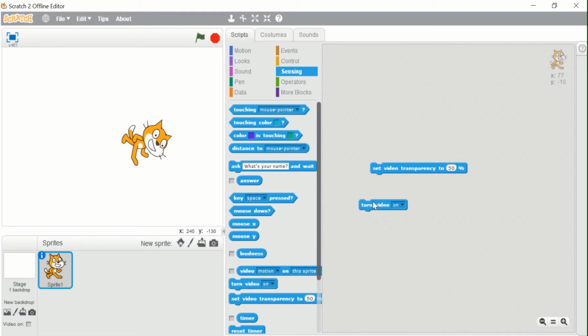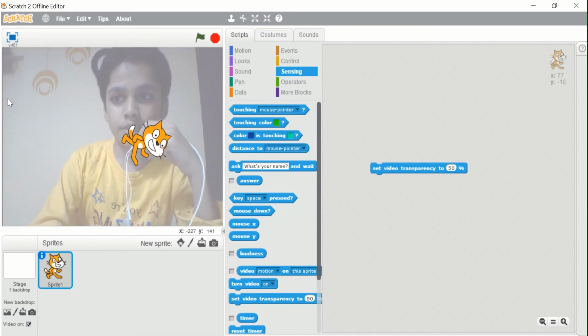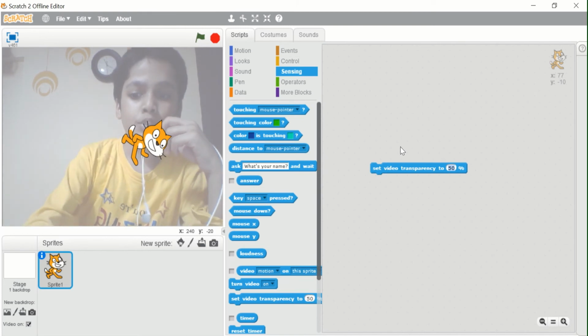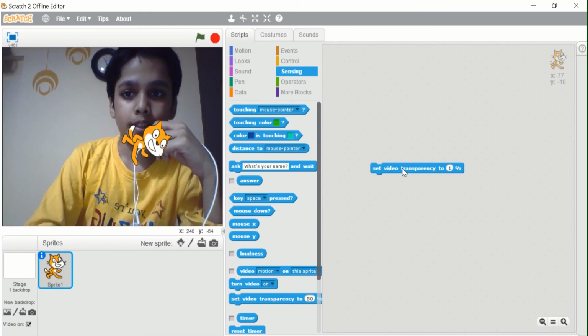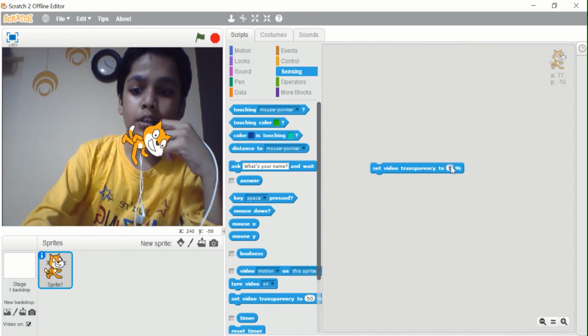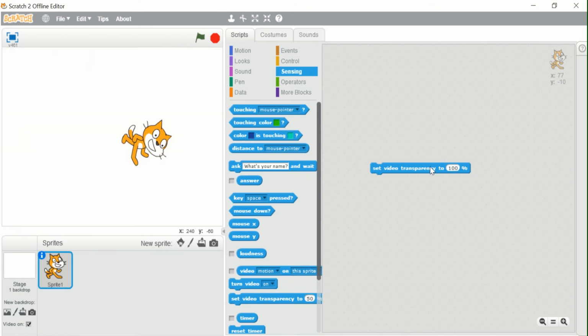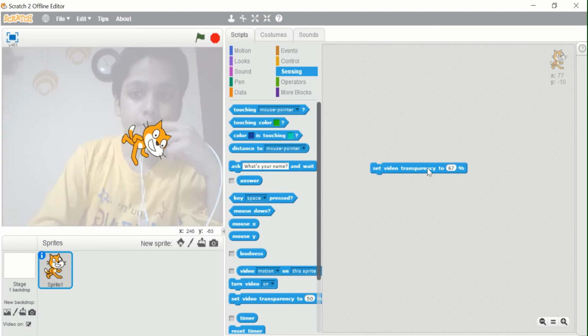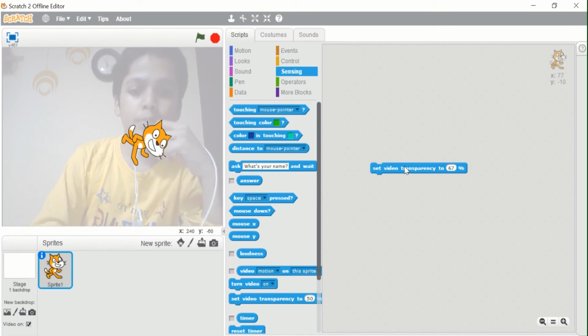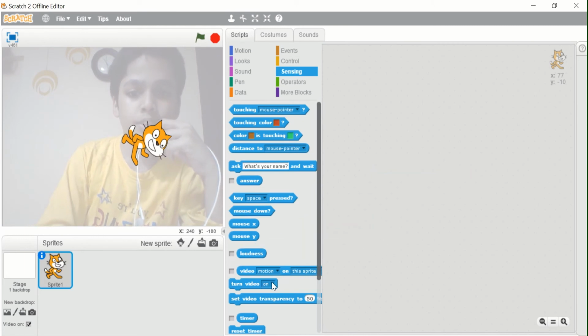So if now I turn my video on, this is my video, and I can choose the transparency, meaning how transparent my video is. If I choose, suppose, 1%, that means my video is very sharp, not transparent. But if I choose a higher value, suppose 100, can you all see my video is so transparent that we cannot see it? And if I choose something like 67, then you can see a little of the video because it is not much transparent. So this is the use of this block.